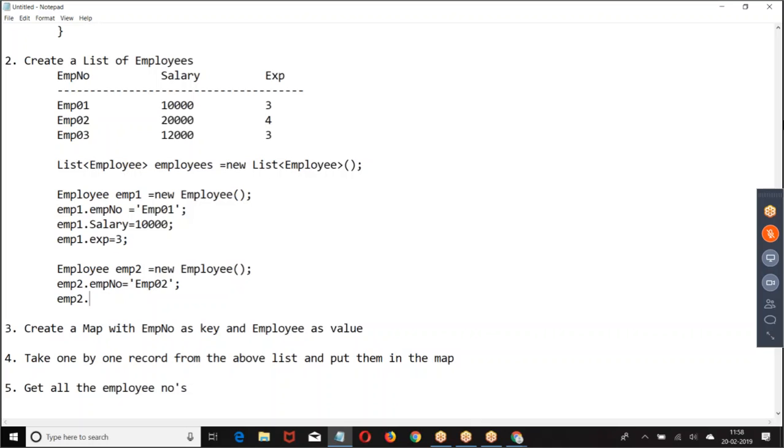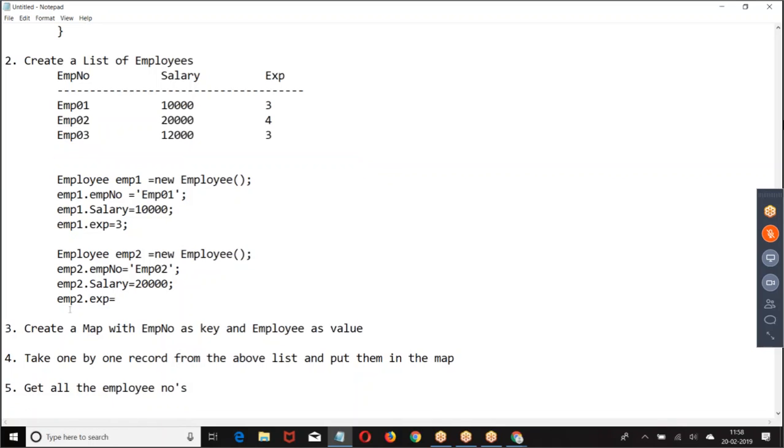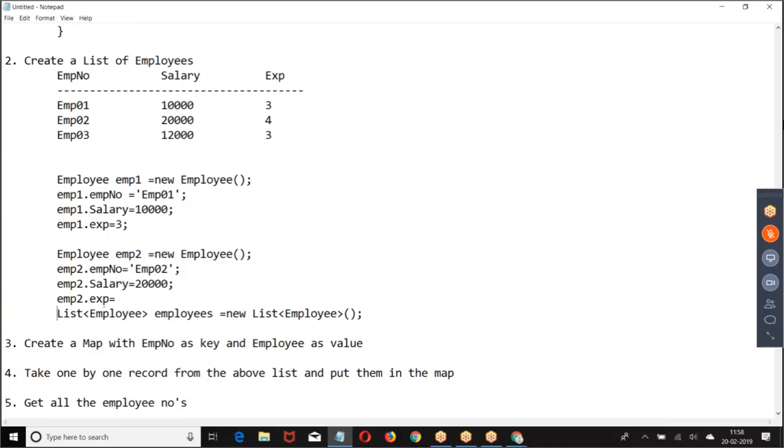Employee number, salary, experience. I'll write this line at the end so that it is easy for inserting.